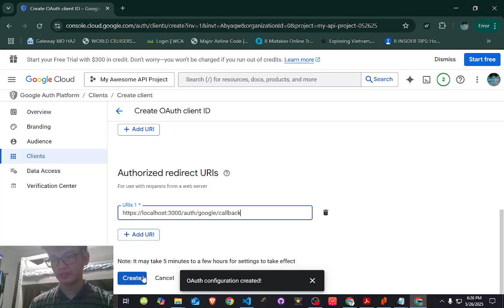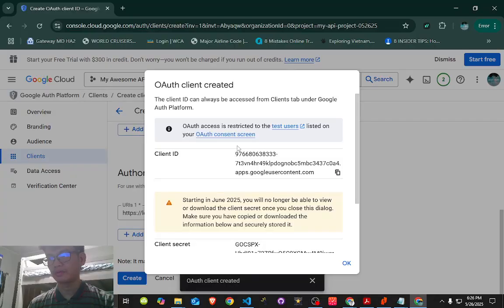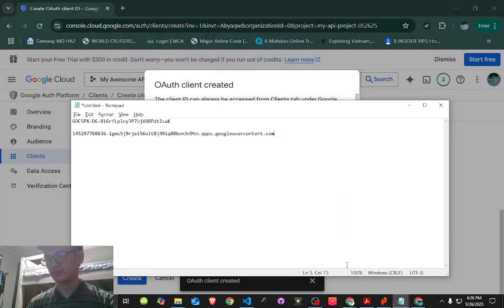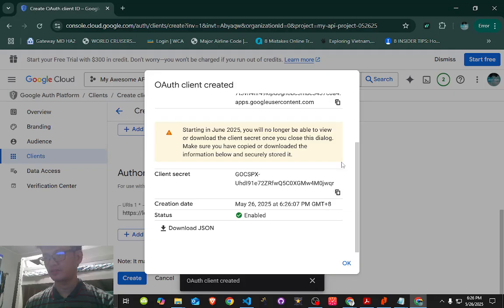We're going to create this. This is going to take 5 minutes to a few hours for settings to take effect. Now I've got my client ID right over here and my client secret right at the bottom, so I'm not going to be able to show that to you. But I need to copy this somewhere, like in Notepad, and this one too,